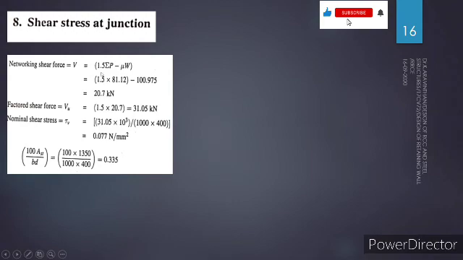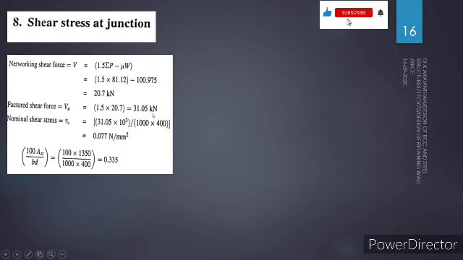Let us multiply the force acting from the soil to get the factored shear force, minus the resistance of the structure due to frictional force. You get a force of 20.7, which is known as the unbalanced shear force. For balancing this shear force, let us consider a factor of safety of 1.5. If you simplify this, you will get 31.05 kilonewton, and for this we should check for the shear stress.